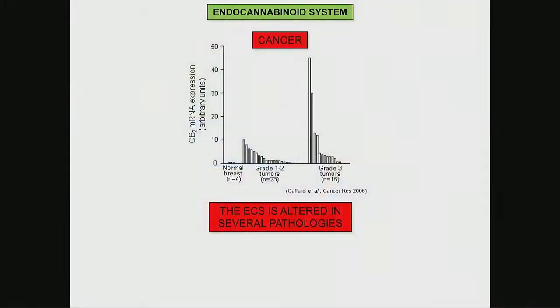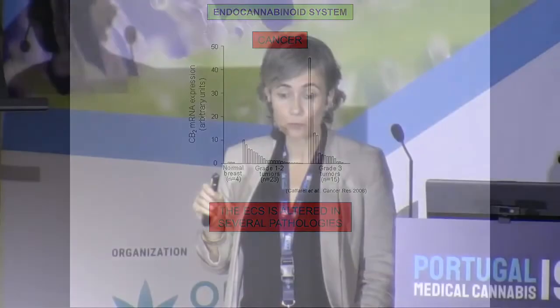But in cancer, we see abnormally high levels of the CB2 receptors. This is a quantification of CB2 in normal breast, and as you can see in these bars, normal breast hardly expresses any cannabinoid receptors, any CB2 receptors. But when we take biopsies of breast tumors, we observe abnormally high levels of CB2 receptors, meaning that the endocannabinoid system in these patients is altered. Again, this doesn't mean that the increase in CB2 receptors is the cause of breast cancer. But in breast cancer, we see an increase in these receptors.